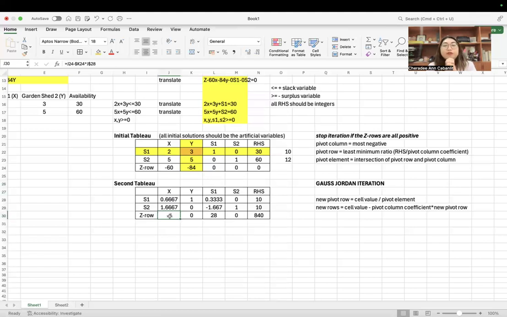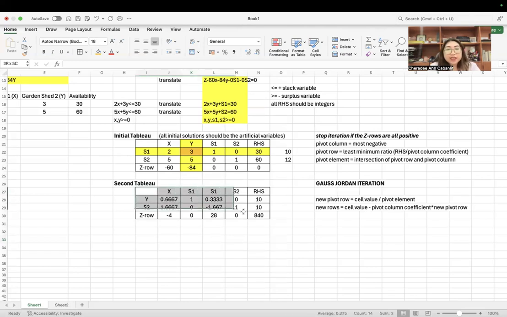By the way, before I forget, in your second tableau, whichever is the pivot column should be the new entering variable here. They will just have an exchange of places. I forgot to inform you of that. So, whoever is the pivot column will be the new entering variable. It will now go into the solution side, and then the artificial variable will replace the column.